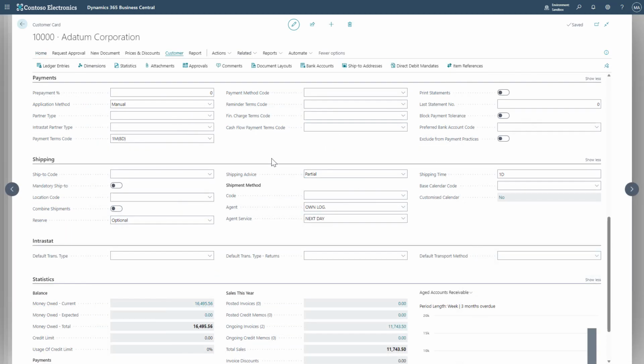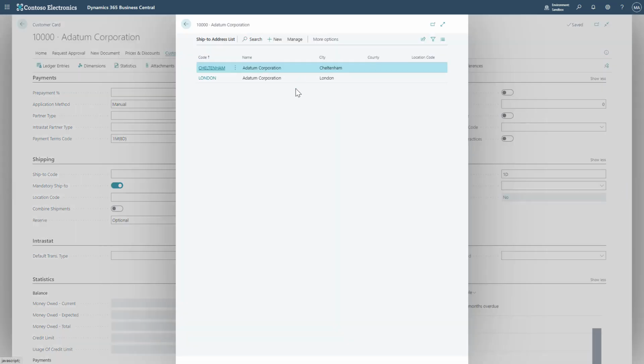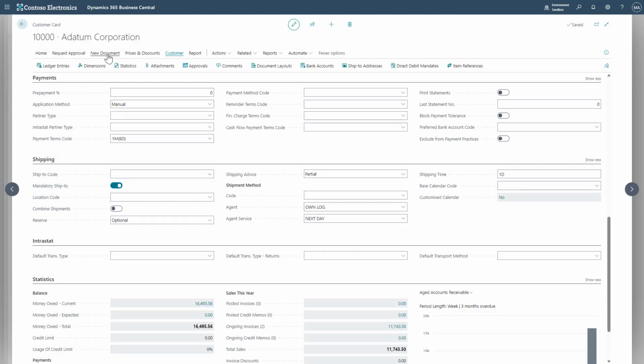Mandatory ship to code is a new field that we can turn on within a customer card. This will mean when ship to addresses exist for this customer, we have to use one, rather than the main address that might be used exclusively for billing, but never shipped to, which can help keep your process a bit more consistent. So for us, when we enable this, and we go to customer ship to addresses from across the top, we'd have to select one of these two existing ship to addresses to actually progress with an order with this customer, rather than the default ship to that's on the customer card,